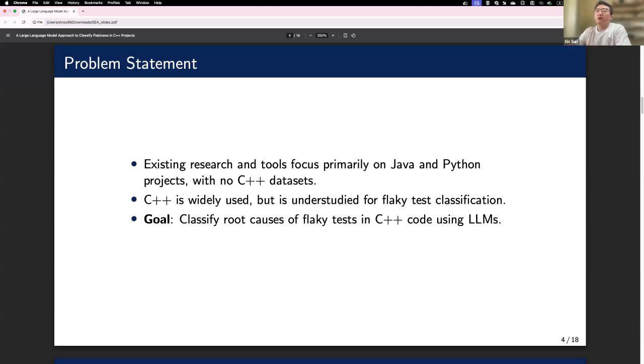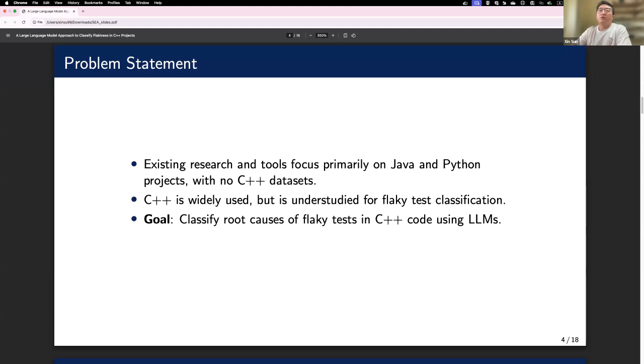In our study, we found that there is no public dataset for classifying flaky tests in C++, and there are very few methods that specifically address this context. So our goal in this paper is to fill the gap: to build a C++ flaky test dataset, and then use large language models to classify the root causes of flakiness in C++ code.